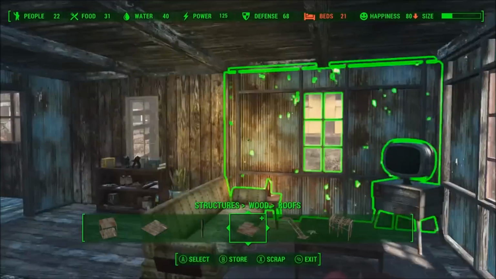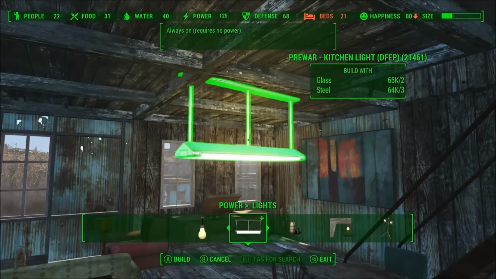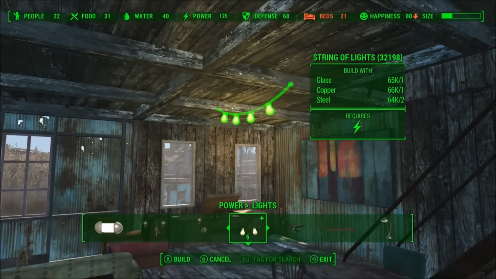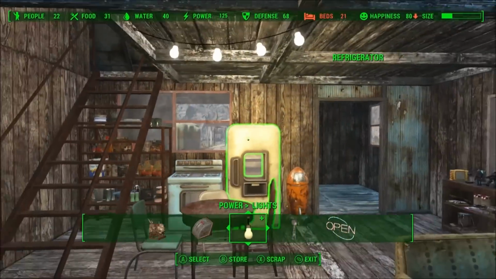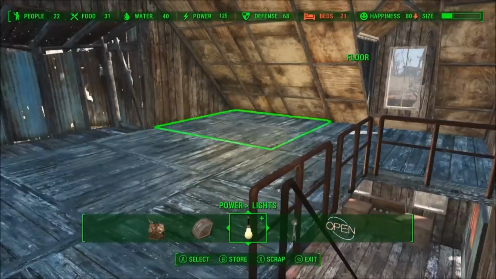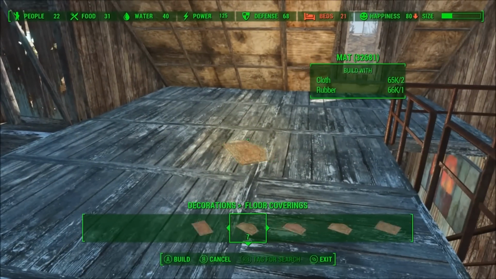Alright. So what am I going to do now? Wall decorations? No, I'm going to add in some lighting, so you can see what I'm doing. That might be nice. There we go. Alright. And let's head upstairs to decorate the bedroom. Okay, so